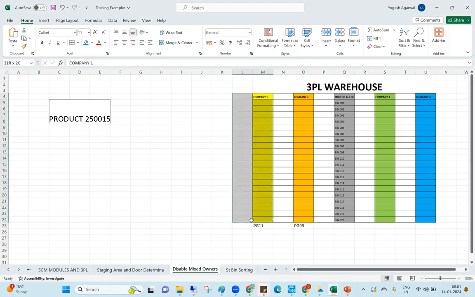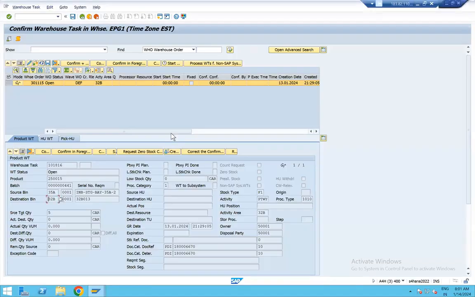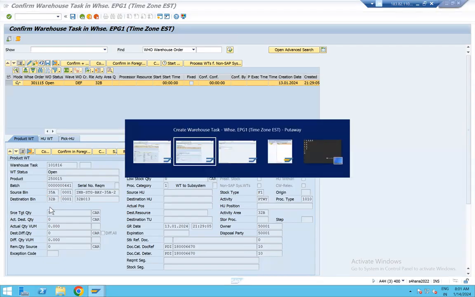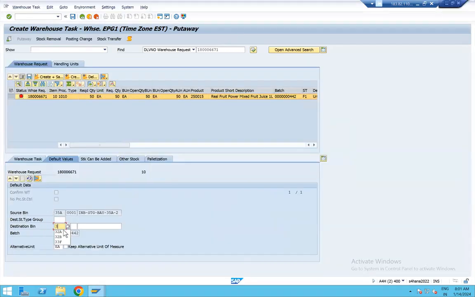Now, this is full for company 1. This is also full. So my strategy is, once the dedicated spaces for companies are full, it will always enter into the mixed storage type, where I will tick that. Whatever disable means, that we will tick. So now what I will try to do is 32B